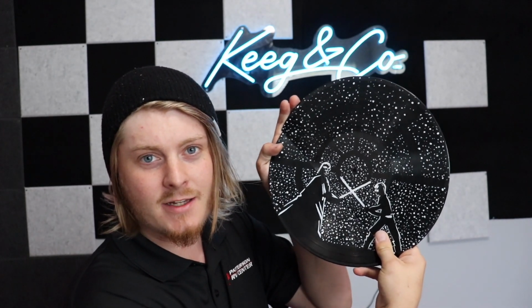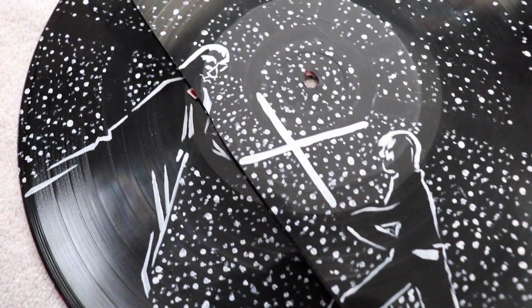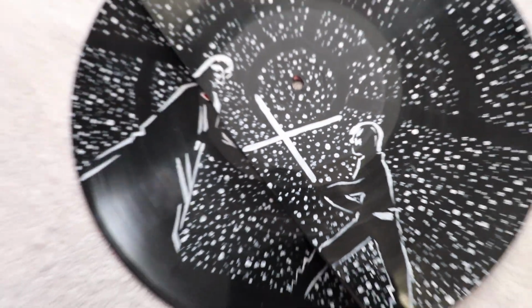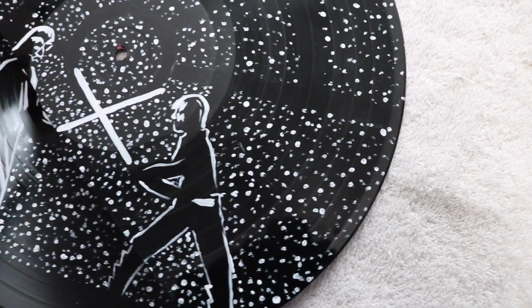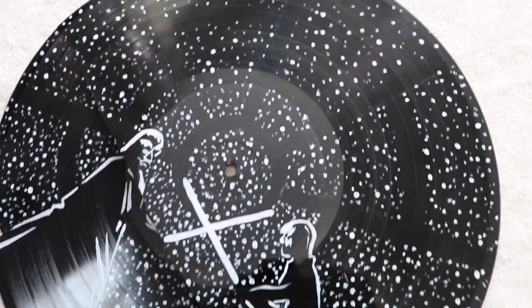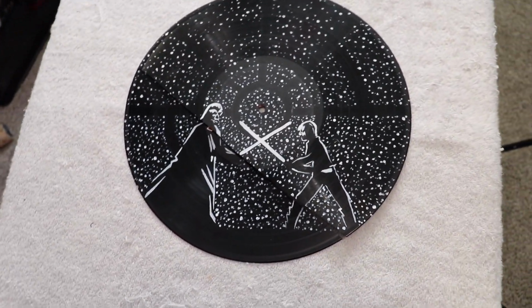Because again, this is not the best. More so, mainly it's broken, so it's useless. You can't do anything with it. To give you an idea of the quality, I'm gonna get kind of close here. It's not good. There's a bunch of dots. It's not that detailed. Again, from a distance it looks kind of detailed, but when you get up close, it just kind of makes you sad. And I'm not calling out anybody because I don't know the person that actually created this. I'm sure they worked hard to do it, but I'm going to do this in a rather different way,